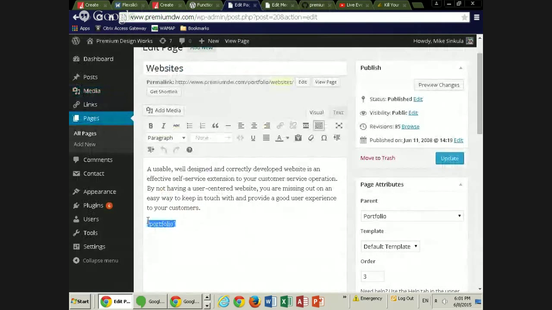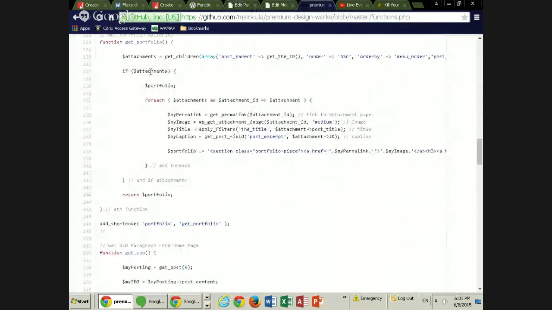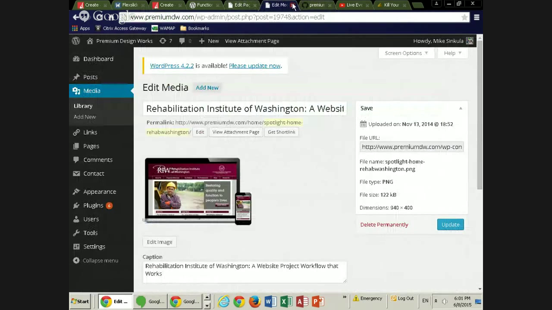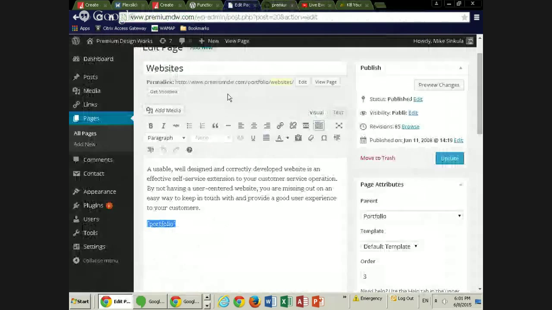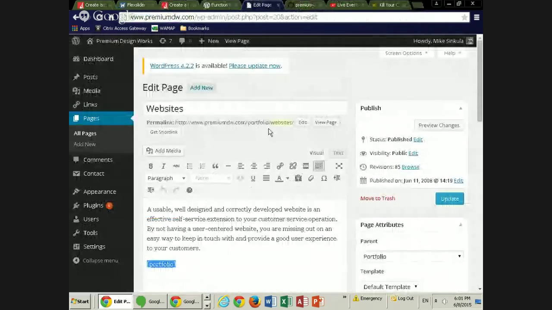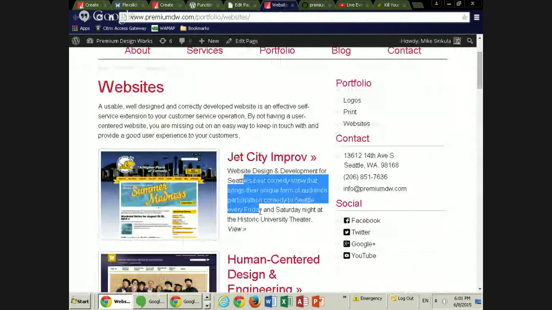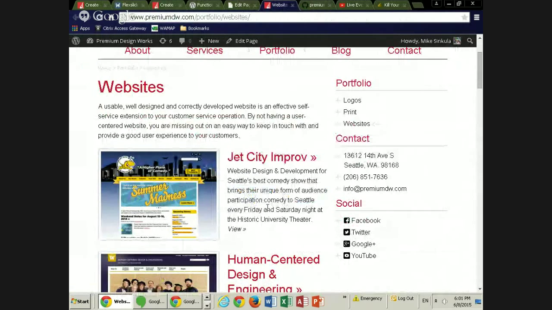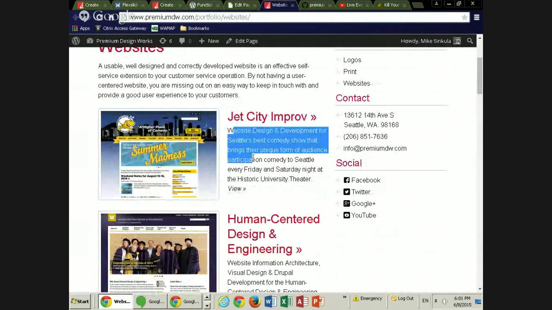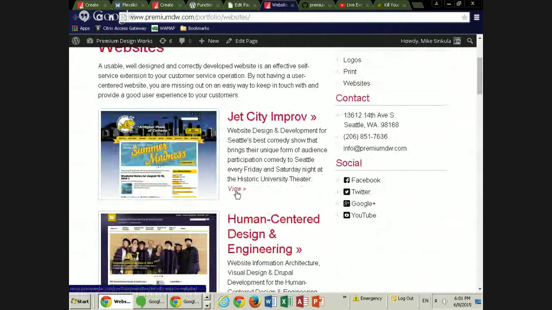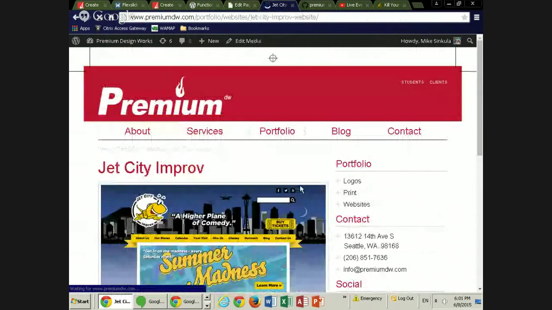So basically, there is where I want the portfolio that then goes and gets the attachments and lays them out with the image with a link, title with a link, the excerpt or description field, caption field, I think, with a link, and then it links to an attachment page,